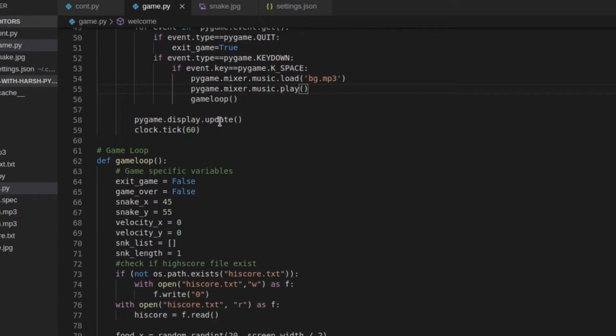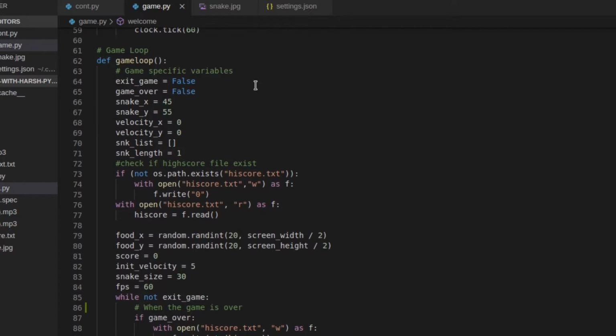After which the Pygame display will be updated continuously and the clock will be started to tick. Now talking about the most important function for our game, which is the game loop function. Firstly, I have defined some variables here. First one is the exit game variable and game over variable. First, exit game will be dealing with the exiting of the game, and game over will be dealing with making